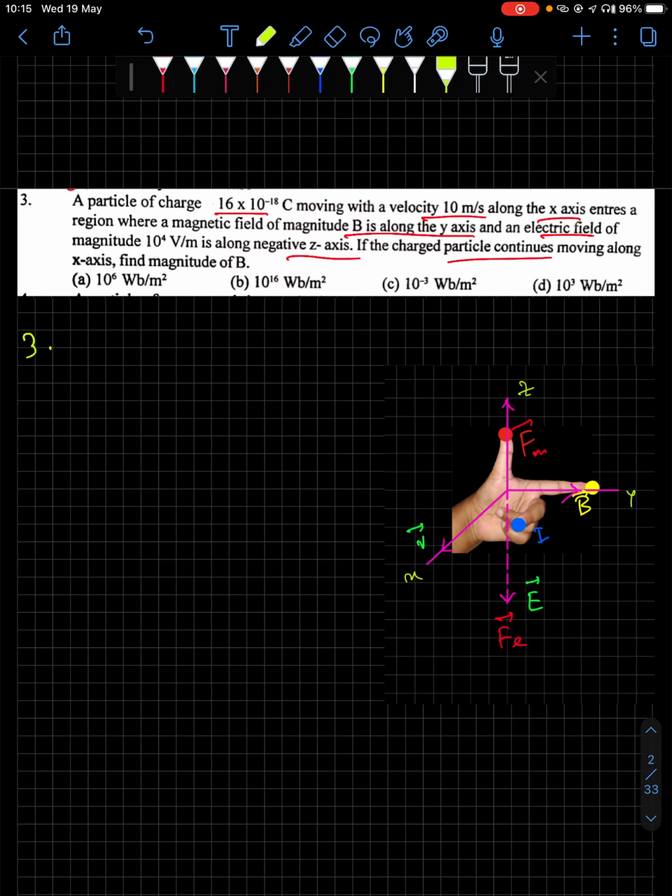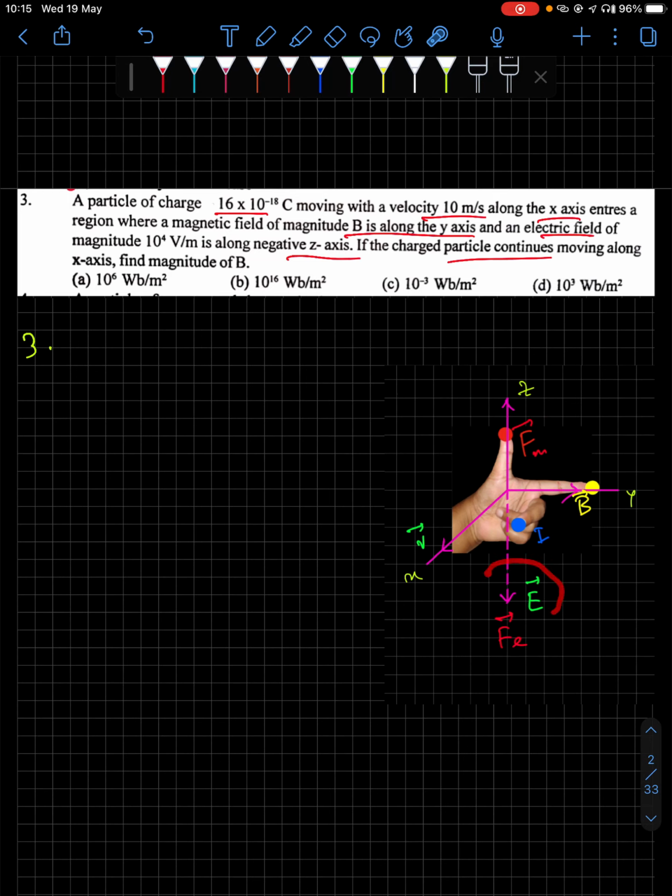If you put the diagram in this manner, the magnetic field is along the y-axis and the electric field is along the negative z-axis. Yes, negative z-axis is mentioned. So this is x, this is y, this is z. This is the magnetic field and the electric field is along this way. Now if the charged particle is moving this way, you put your Fleming's left hand rule such that the middle finger points towards the current, that is the charged particle, which is positive. It moves along the x-axis, the field is along the y-axis shown by your forefinger. In that case, the thumb will show you the magnetic force, which is acting in the z direction upwards, right?